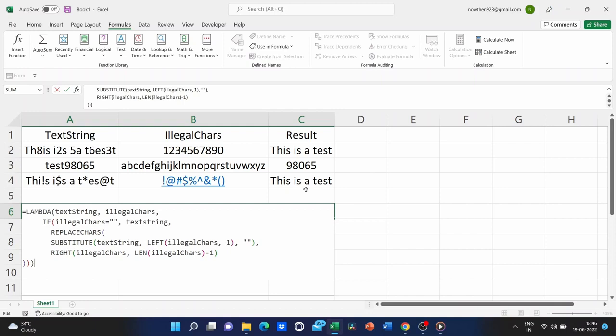The concept of recursion is very powerful, and this is the first time you've been able to use this in a function without doing more complex VBA code. So that makes the lambda function even more powerful than any other function available in Excel. That explains the new Lambda function in Excel.